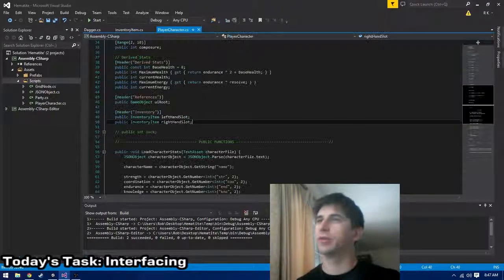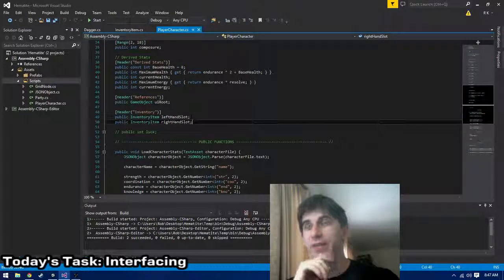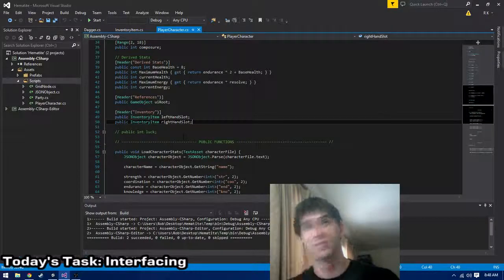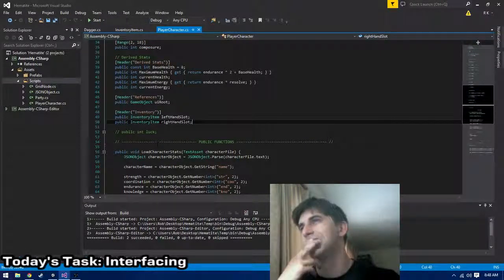Weird. So, inventory items for left and right hand. Is that really the best way to do it? That's the only thing I'm curious about. So I could make an inventory slot class that can hold inventory items, and then the slot could have the flag that matches? That seems a little too...